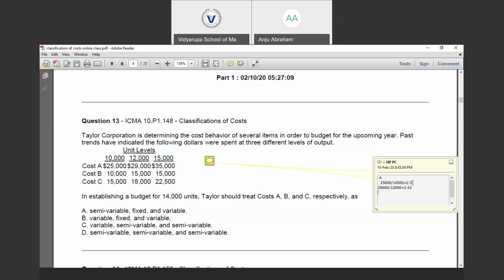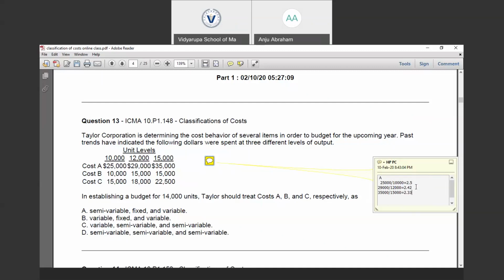Let's check 35,000 divided by 15,000, which is 2.33. After analyzing this per unit cost, we find that the per unit cost is varying. If it is variable cost, this per unit cost is going to be fixed. If it is fixed cost, this per unit cost will be decreasing. We know that 25,000 divided by 10,000 was 2.5. When it increased to 12,000 units, it was 2.42. When it increased to 15,000 units, the per unit cost becomes 2.33.